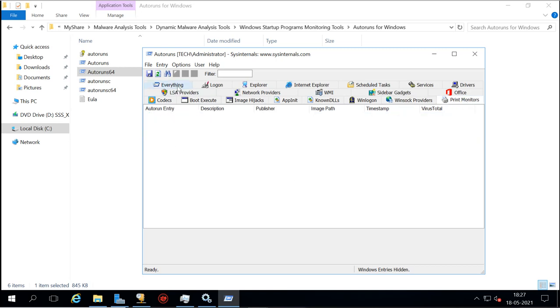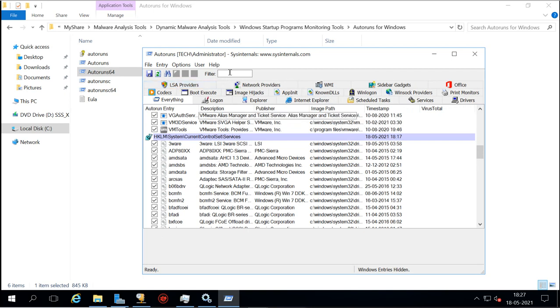You can filter it also, what you want to see or what you don't want to see. You can search also.